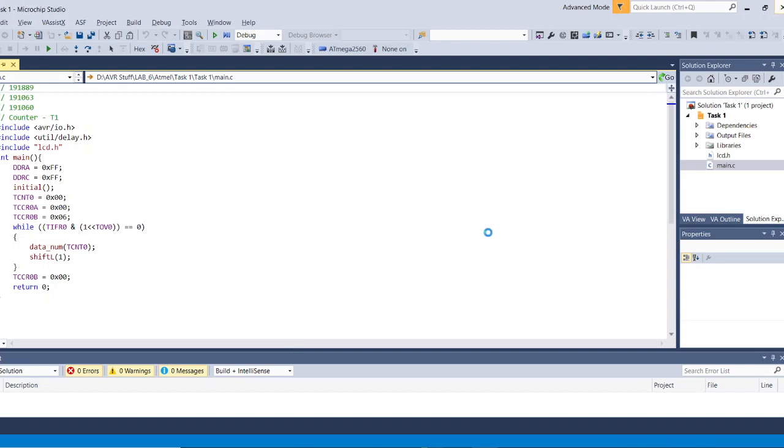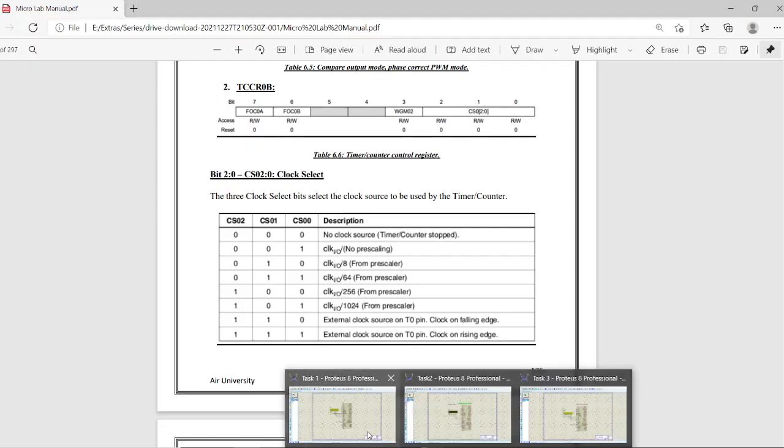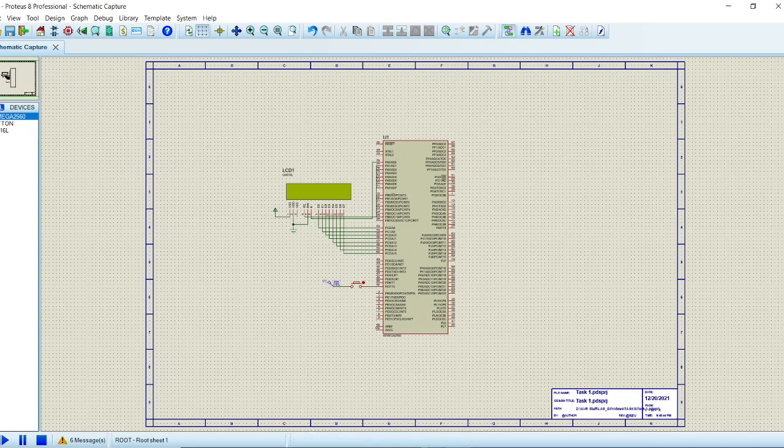So if I turn on the file, this is the Proteus file. If I play it, we can see here that it is not showing anything. But as soon as I press the button, we can see here that it is incremented by 1. Here we can see that as long as the button is pressed, it will automatically keep on moving by 1. So this is our code,